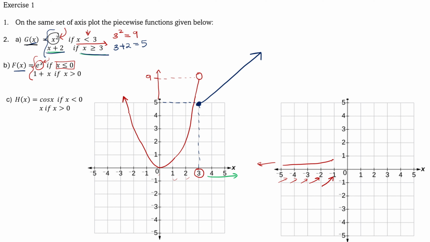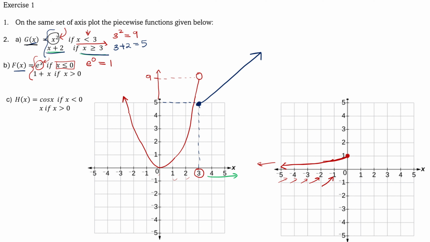But where am I going to end drawing this function? Basically, I'll just say e to the power of 0 and try to find out what my y value is if I put e to the power of 0. I get positive 1. So my exponential function should be drawn until positive 1. And then I'm going to put a shaded circle there. Why am I putting a shaded circle? Because there's an or equal to. This is x is less or equal to 0. So this is my natural exponential function. And I'm going to stop it.